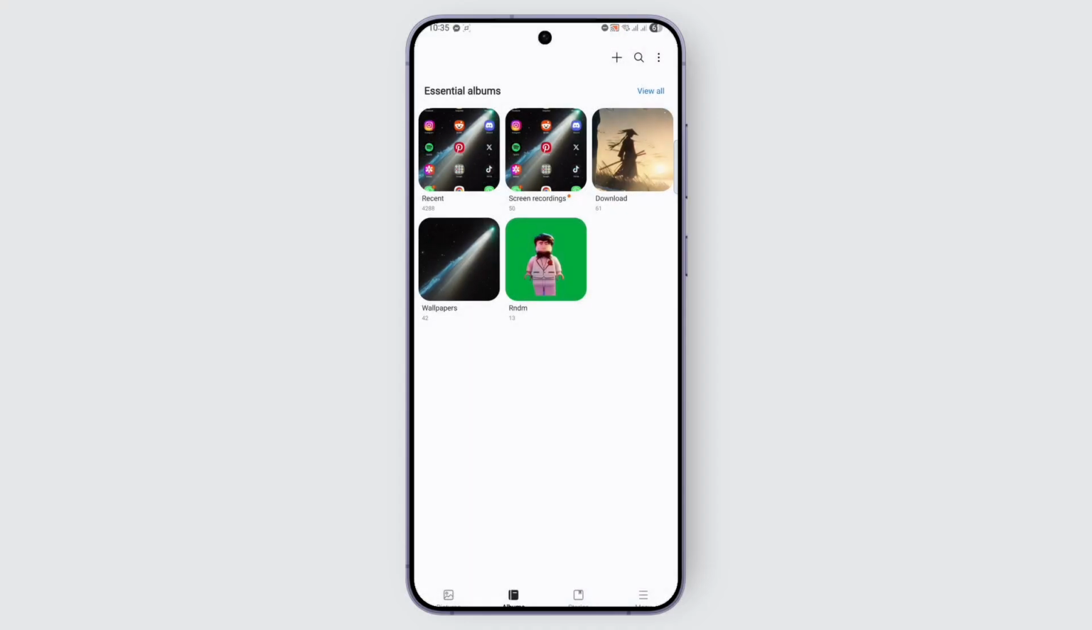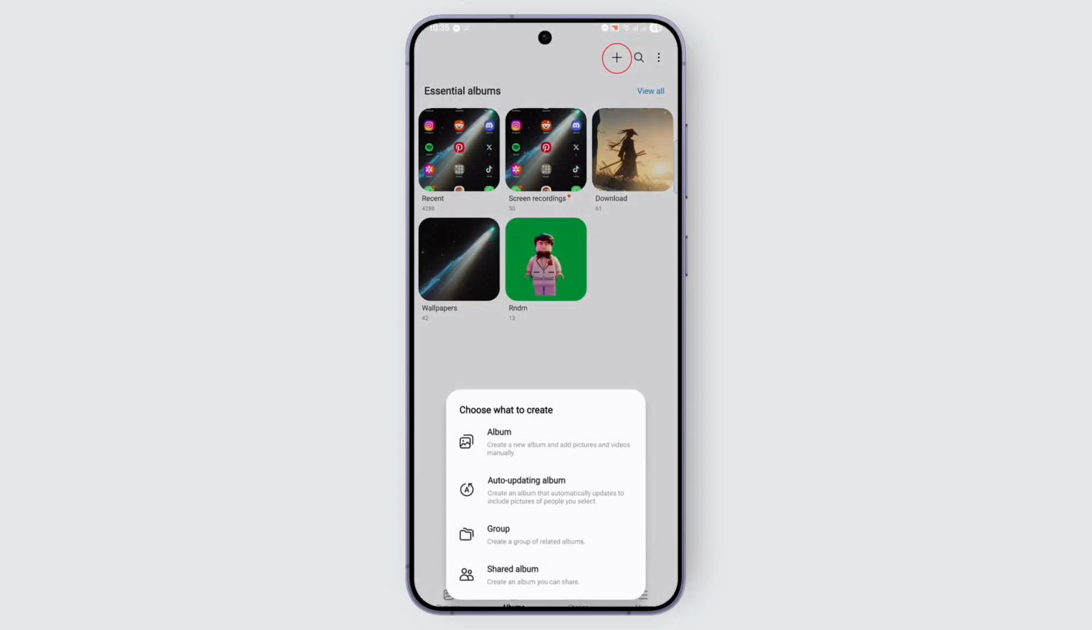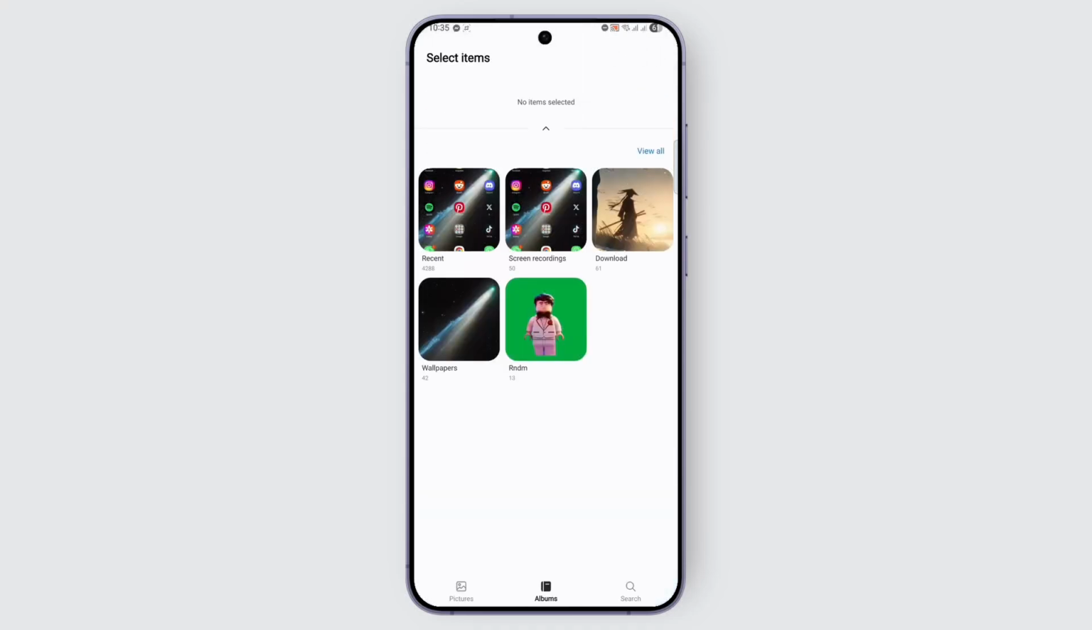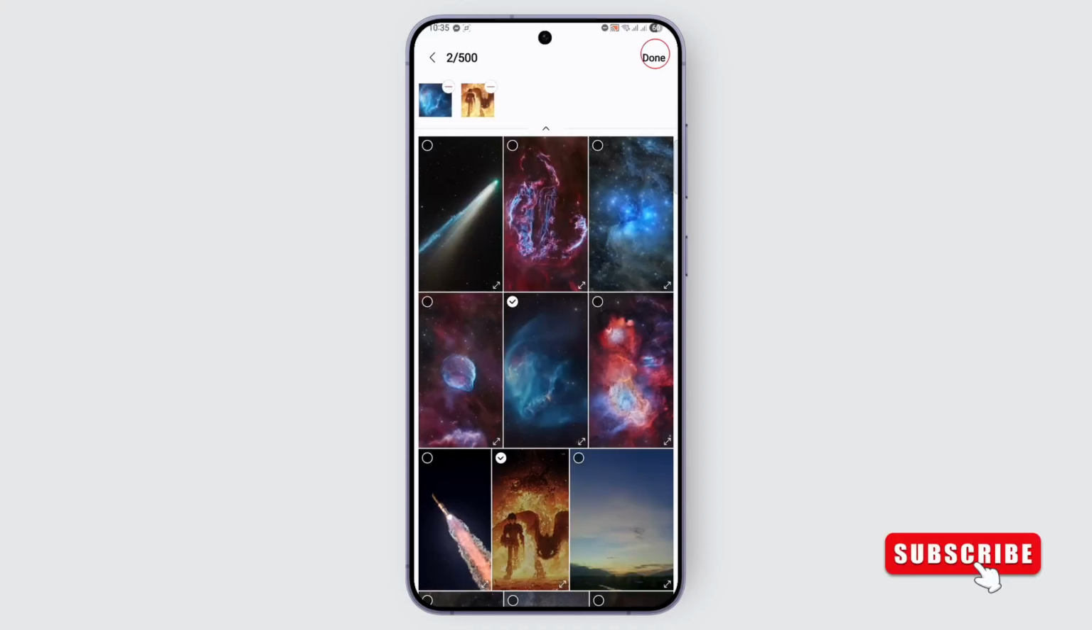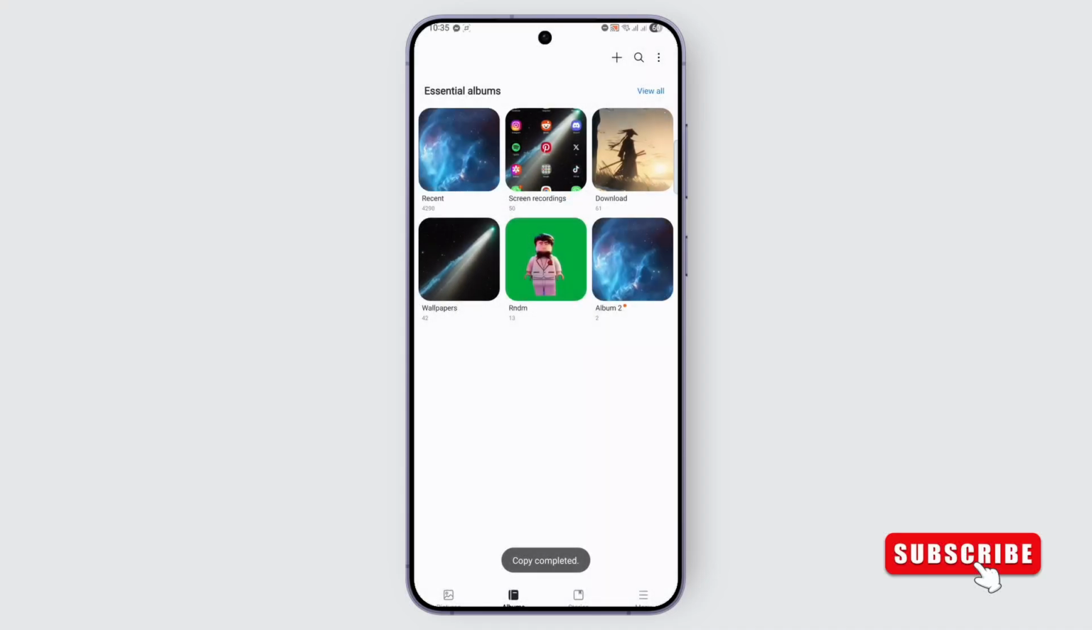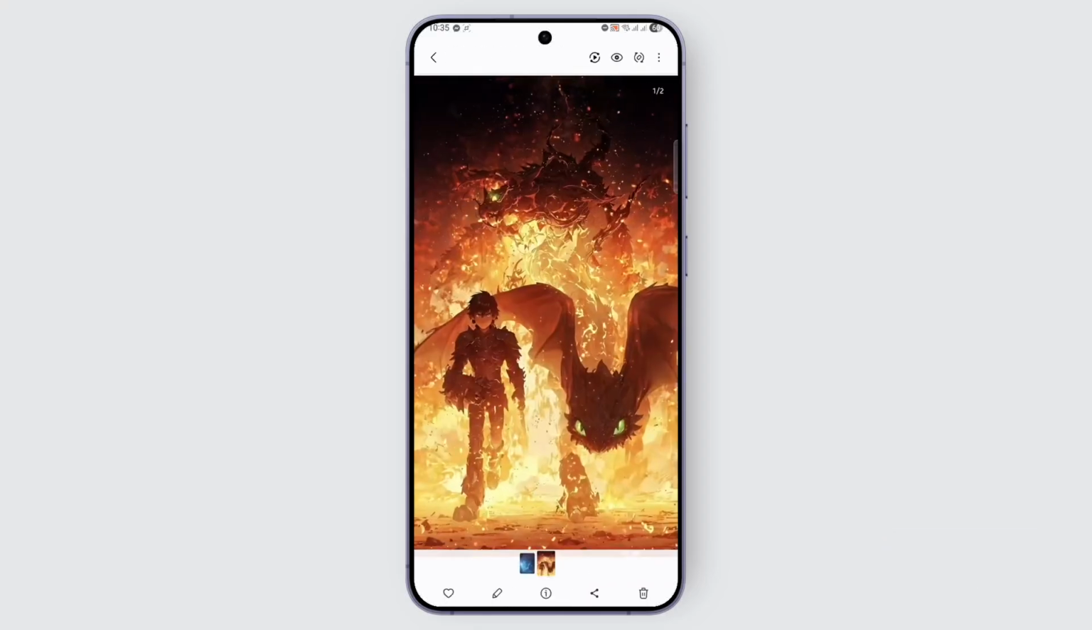And if you want to create a new album, you can just go ahead and tap on the plus icon. Then from here, you can tap on album to create a new album. So I'll just tap on create here. Once you have the album here, select the items that you want to add. So I'll go over here, add a few pictures, tap on done, and then I'll just copy these to my other album. So this way you can easily manipulate your albums,